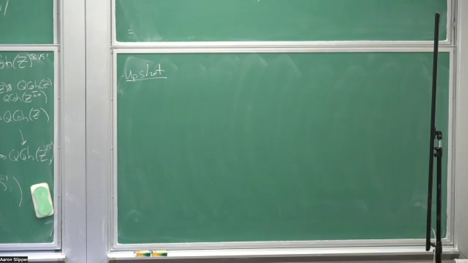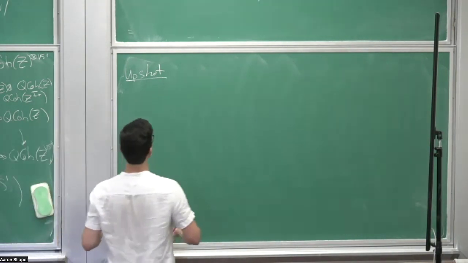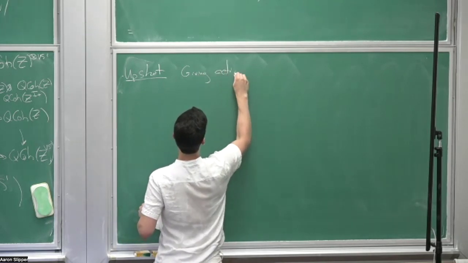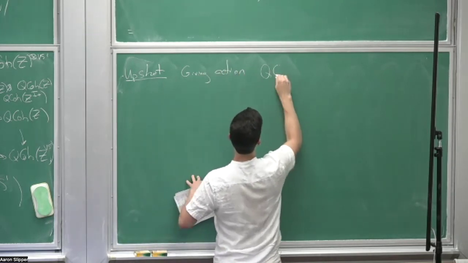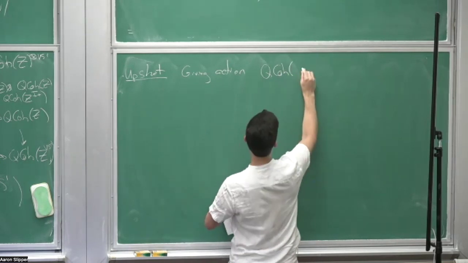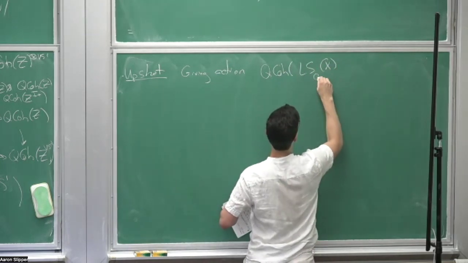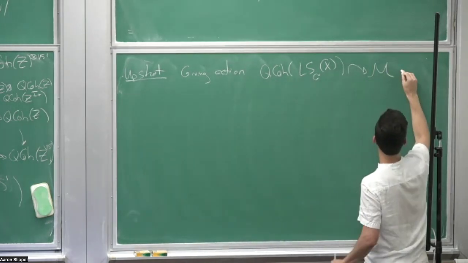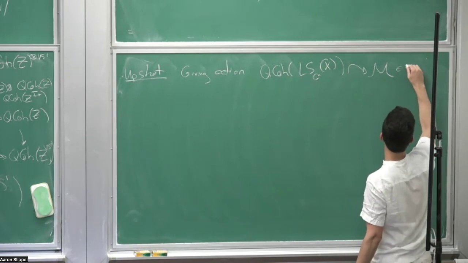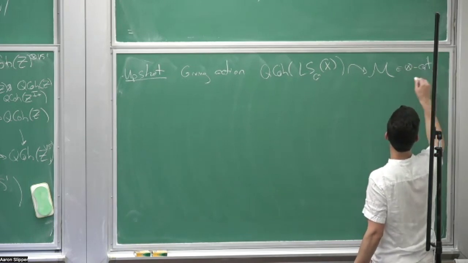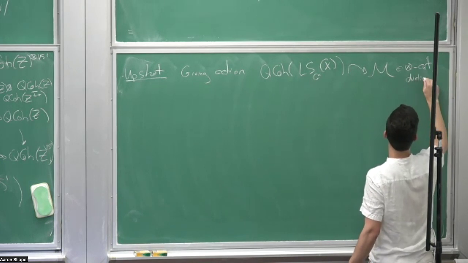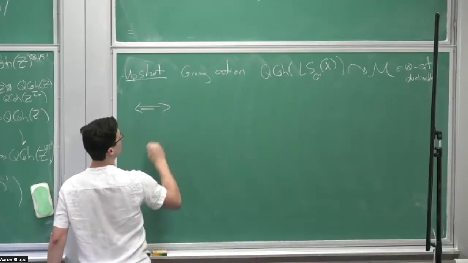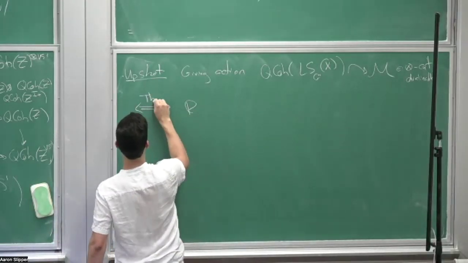What that means, written out, is: an action of QCoh of X on M, where M I will just think of as a tensor category, and also I want it to be dualizable. This is equivalent, by our theorem, to giving